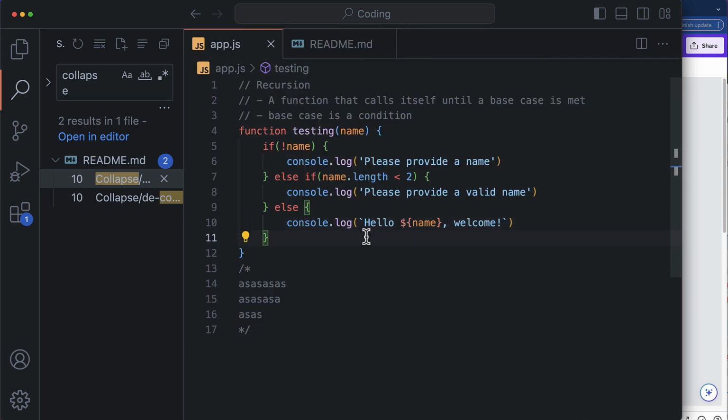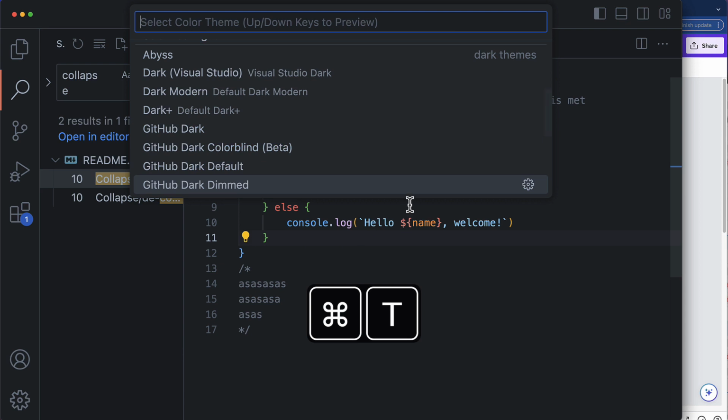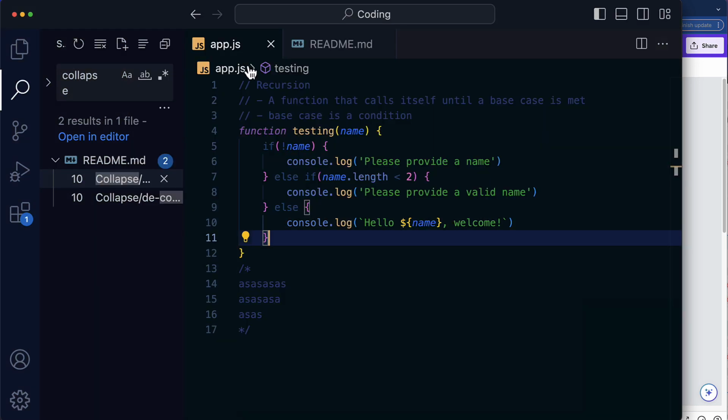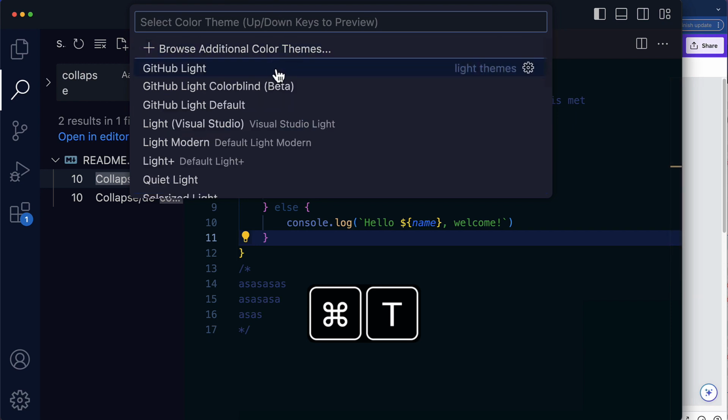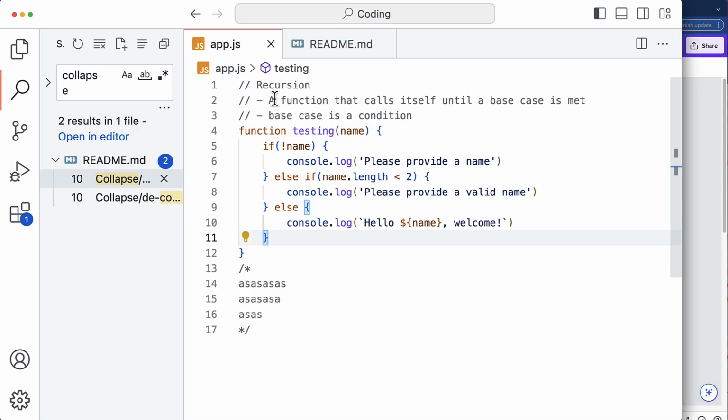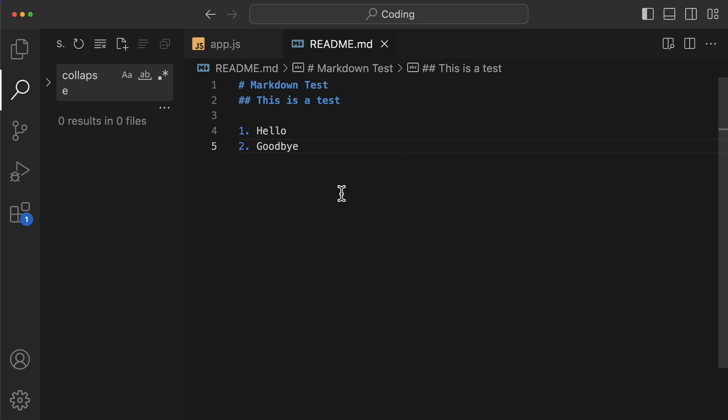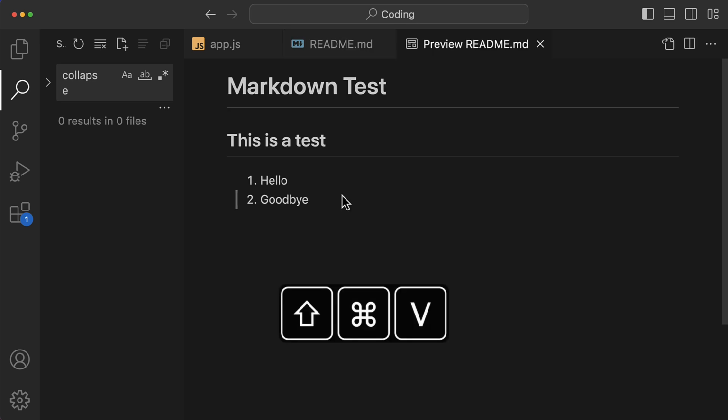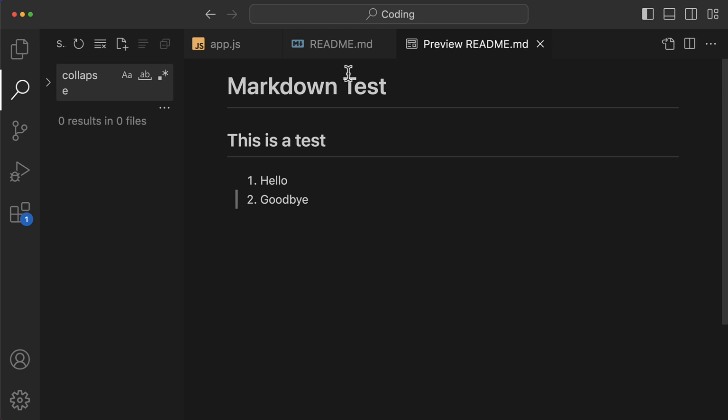To see themes, Command K, Command T, and you can change your Visual Studio Code theme to whatever theme you like. To see markdown, Command Shift V, you will see it in another page, like the result of your markdown,